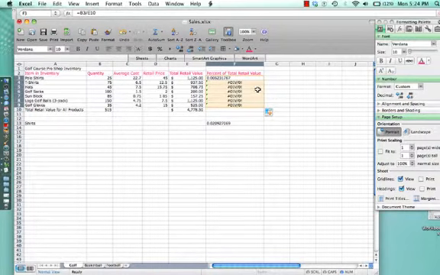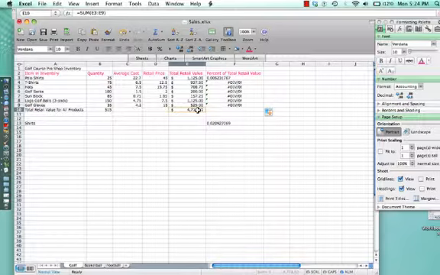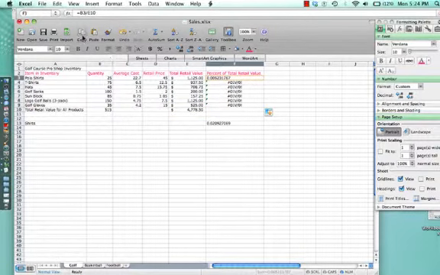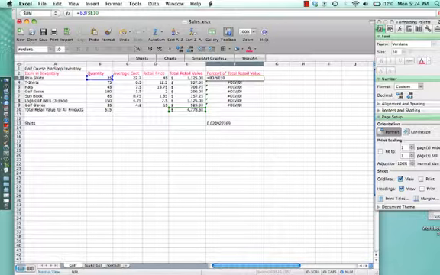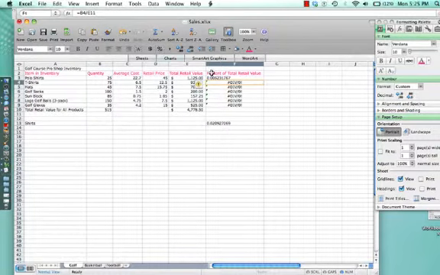And I was hoping that would show just so I could tell you, when you're doing functions like this, you have to make sure that the number that you're dividing it by is an absolute value. So when I plugged it in here, I have to make it an absolute value. And you do that, it's a special code. You just put a number sign here, and then go here and put a number sign there. Makes it an absolute value. So then when I come over here and I go to autofill it again,